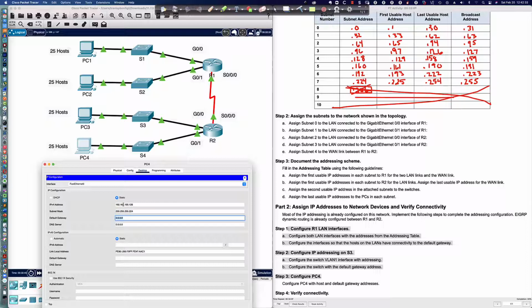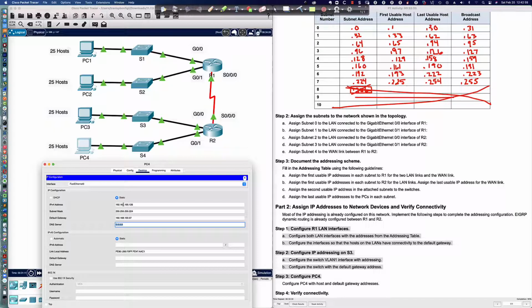Now, the default gateway is going to be the first usable IP address in the 4th subnet, subnet number 3. And that's going to be 192.168.100.120, wait, .97. Pull that back. All right, let's see what we've got here. So that took us to